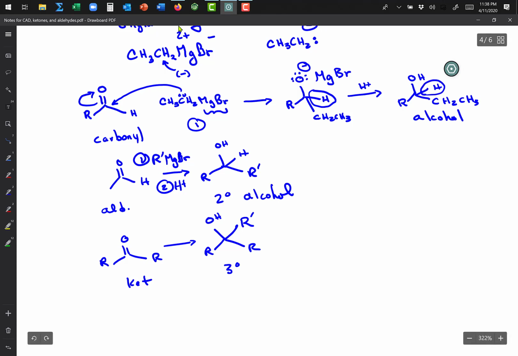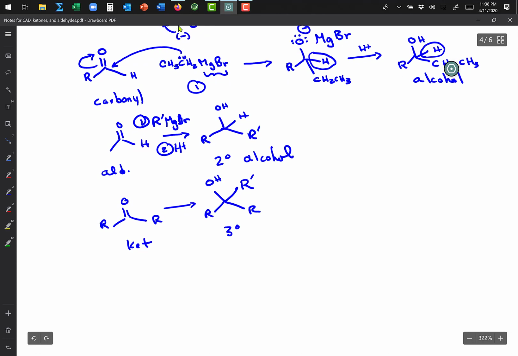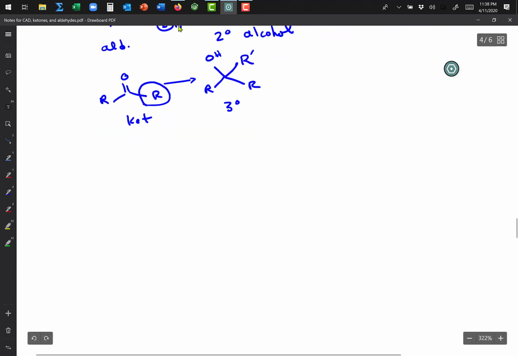So that guy never leaves just because he can't leave. If you were to look at this, the ketone, that would have to leave, and R minus would be a really strong base, so it's a bad leaving group. So there's nothing there that can actually leave. Now, if I do it like this, though,